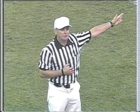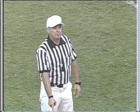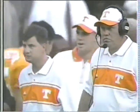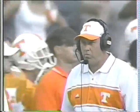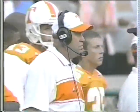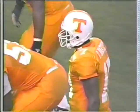will enforce the one that's more damaging to the offense. 10 yards, spot of the foul, replay the down. So two holding penalties on the same play against Tennessee. They will take the one from the spot that further punishes Tennessee a little bit more, and that puts the ball all the way back to the 30-yard line, where it becomes, folks, 3rd down and 41 yards to go